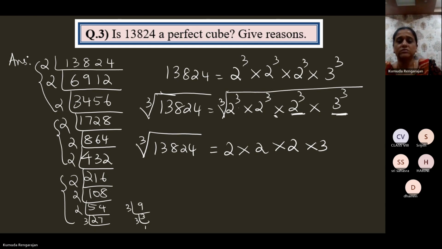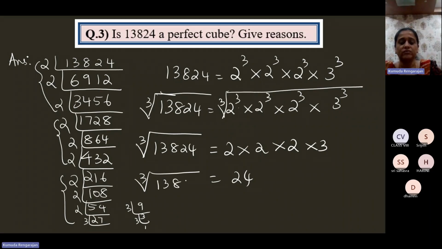Right? So now the product of the RHS. 2 2s are 4, 4s are 8, 8 3s are 24. So the cube root of 13,824 is 24, which means 24 into 24 into 24 is